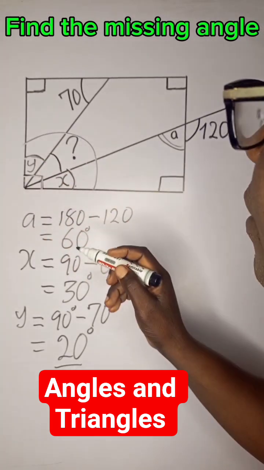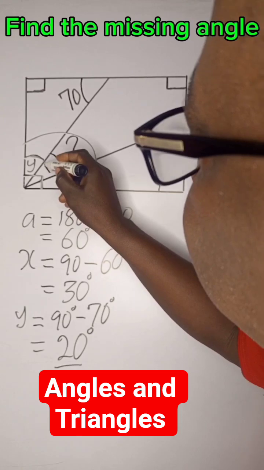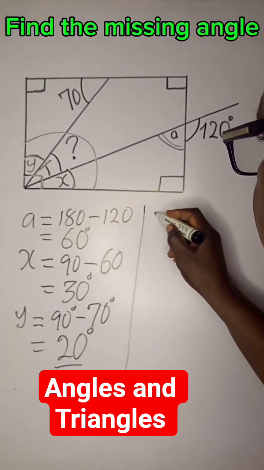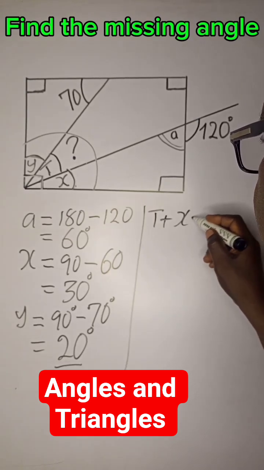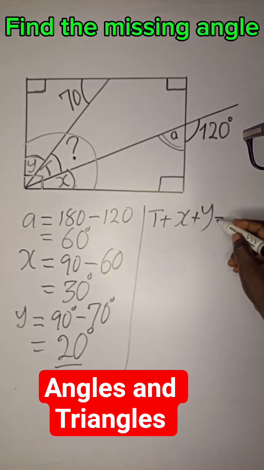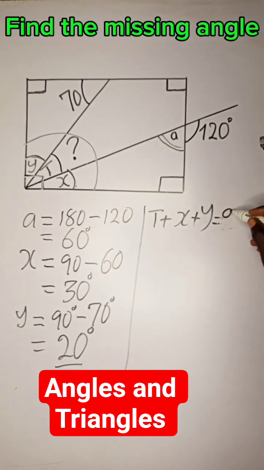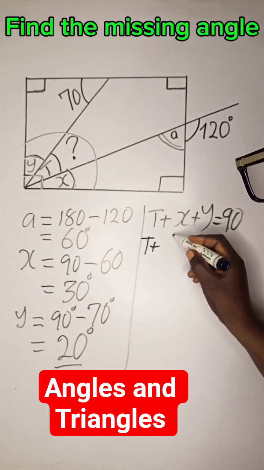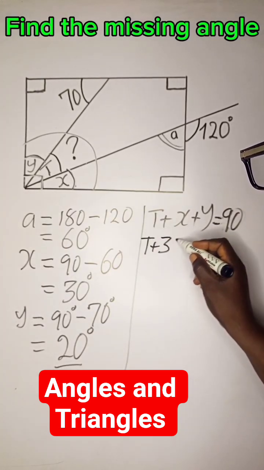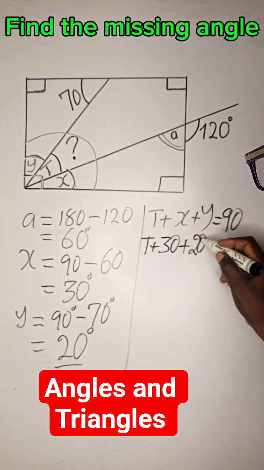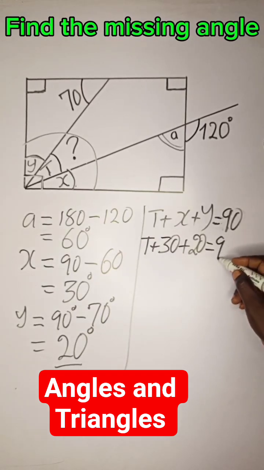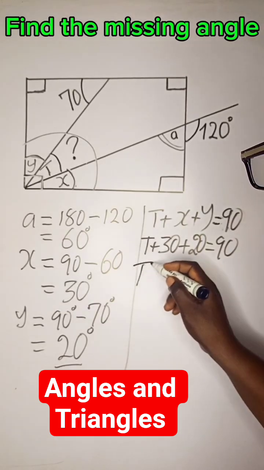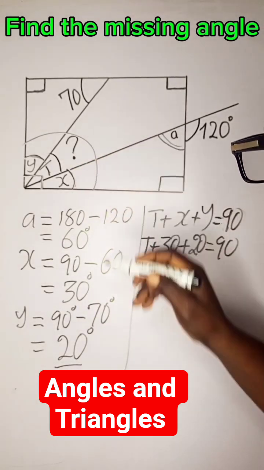Now that we know angle X and Y, remember all of this is 90 degrees. So can we get angle T? Let's call it T. We know that T plus X plus Y must give us 90 degrees. All right. So T, we know X. X is 30 and we know Y, 20. All right. Must give us 90. 30 plus 20 is 50. So T, the angle that we're asked to look for, will be